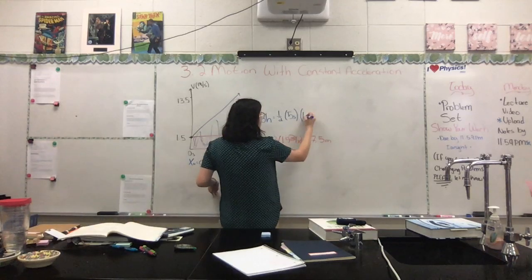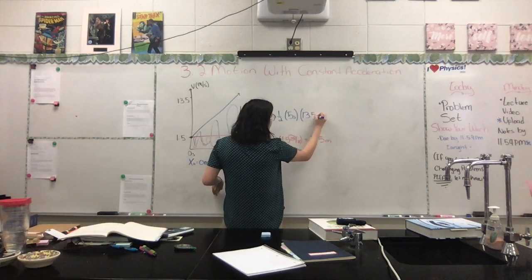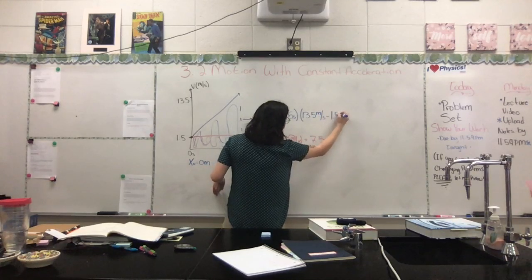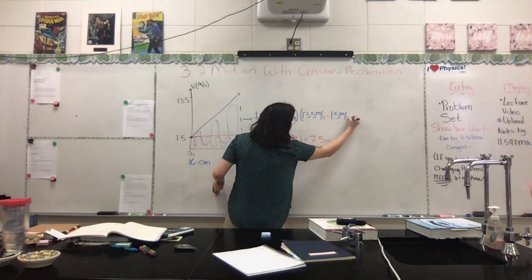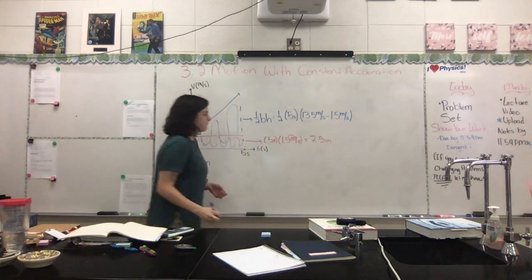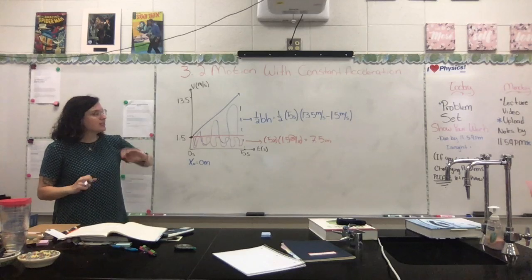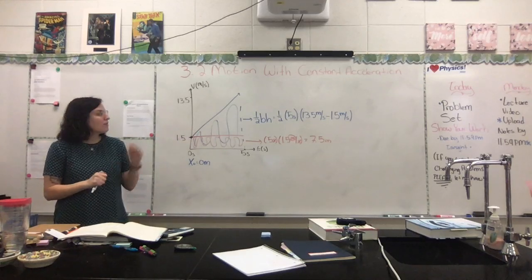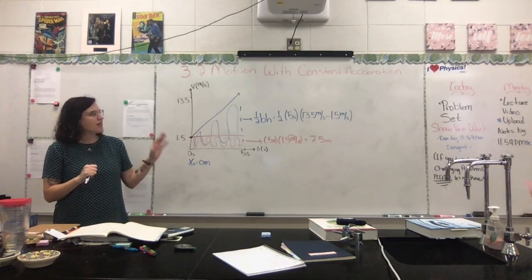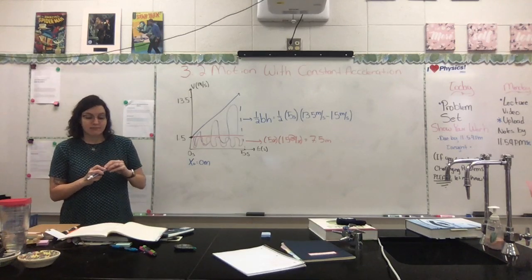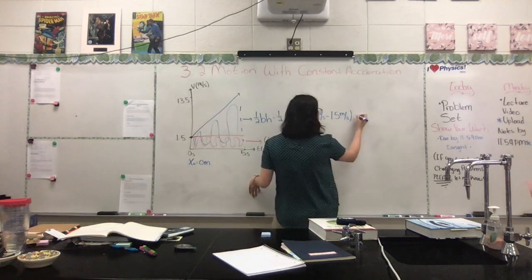So we can do 13.5 meters per second minus 1.5 meters per second. Okay. When you enter that, what do you get? 1/2 times 5 times 13.5 minus 1.5. Hopefully you are coming up with